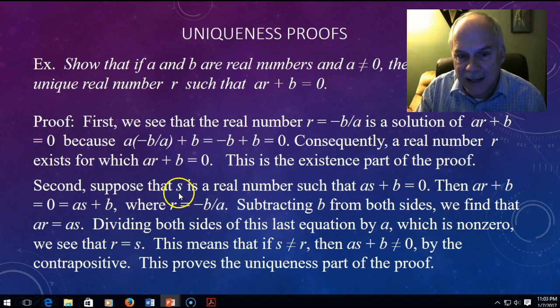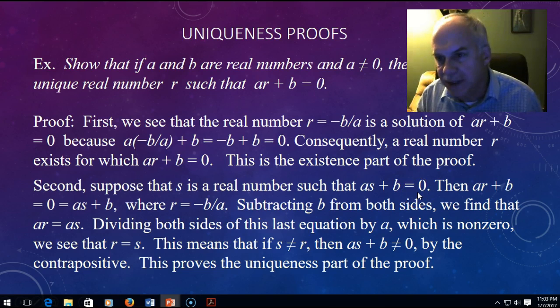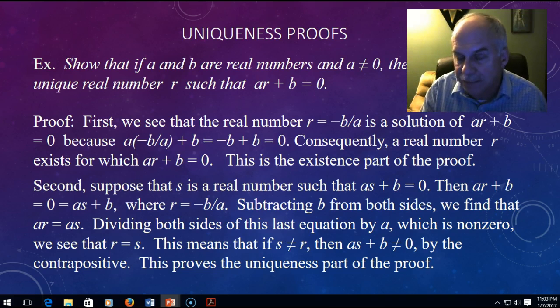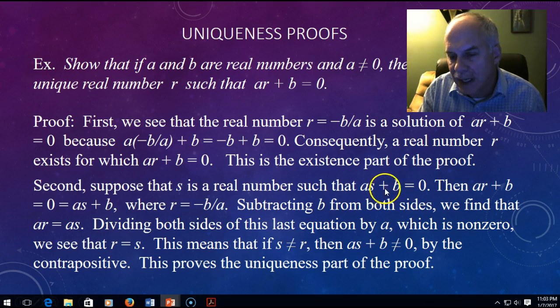Suppose that s is a real number such that as plus b equals 0. So we're calling it something different, and we're supposing that there's another one, all right? Another value, s this time, such that as plus b equals 0. Now, ar plus b is 0, and if our assumption that there's another one is also 0, as plus b equals 0 also, then I can set ar plus b equal to 0, which is equal to as plus b, and